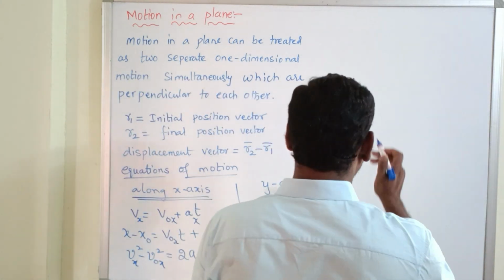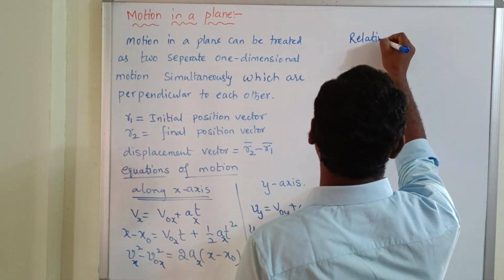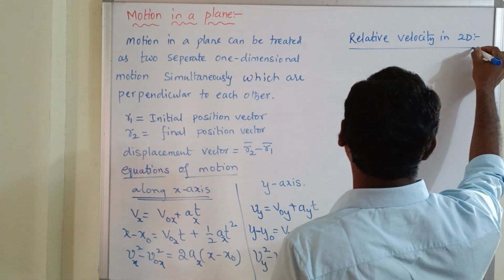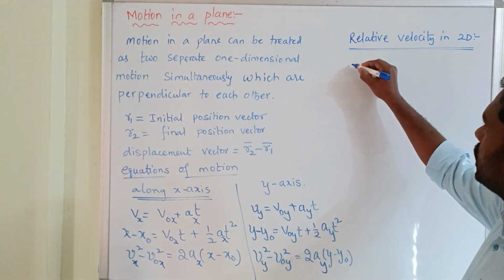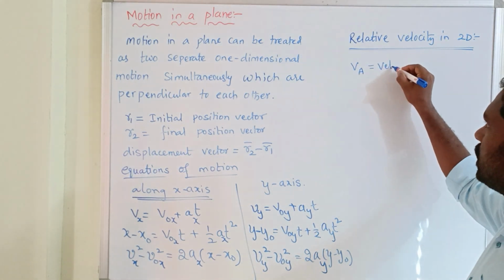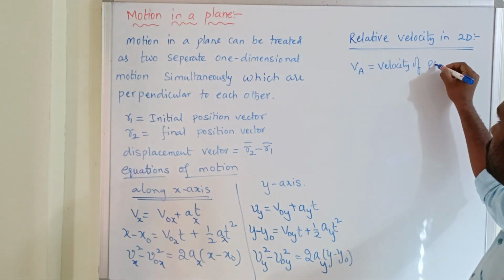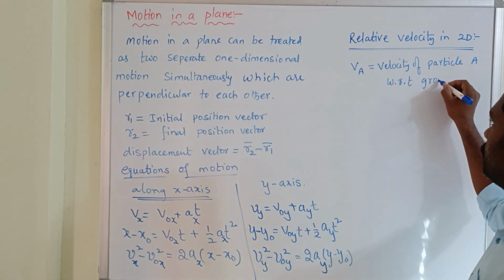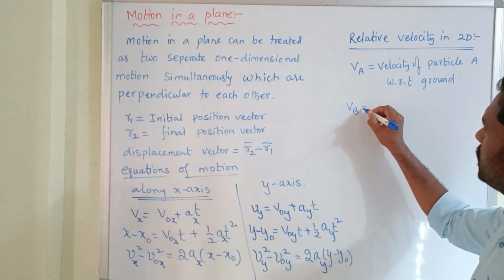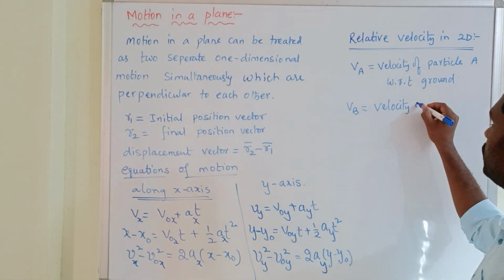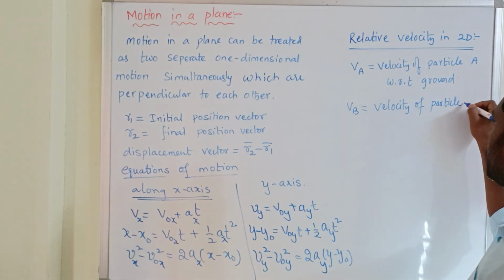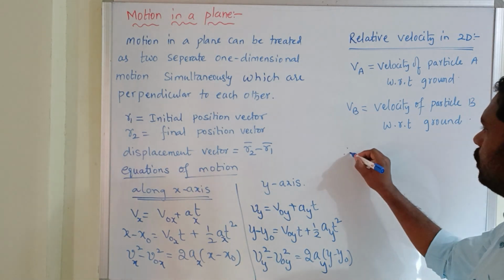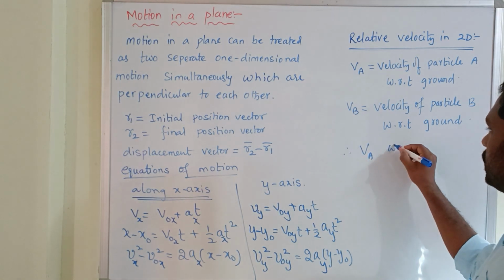Now, relative velocity in two dimensions. If va is nothing but velocity of particle a with respect to ground or earth, and vb is nothing but velocity of particle b with respect to ground. Therefore velocity of a with respect to b